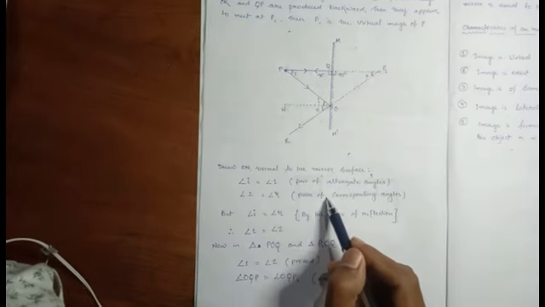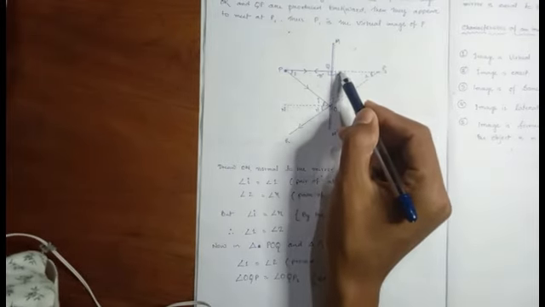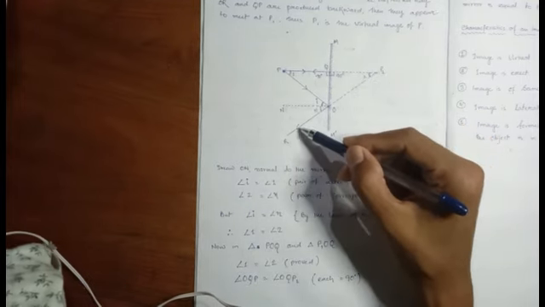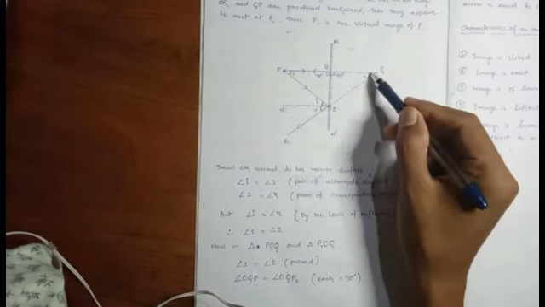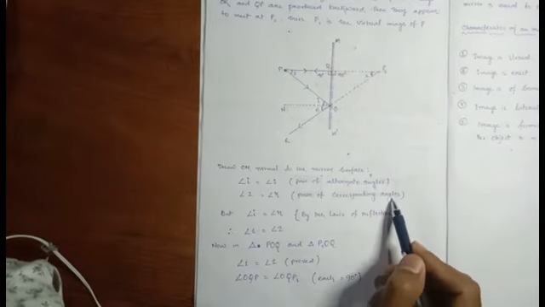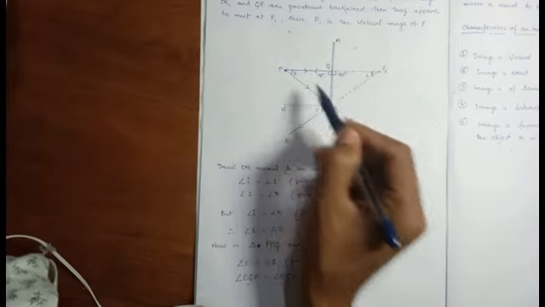Why? Because they are a pair of corresponding angles. You can see here this line and these lines are parallel, so if this line intersects these two lines, then R and 2 are called corresponding angles. Clear? So angle I is equal to angle 1, and angle R is